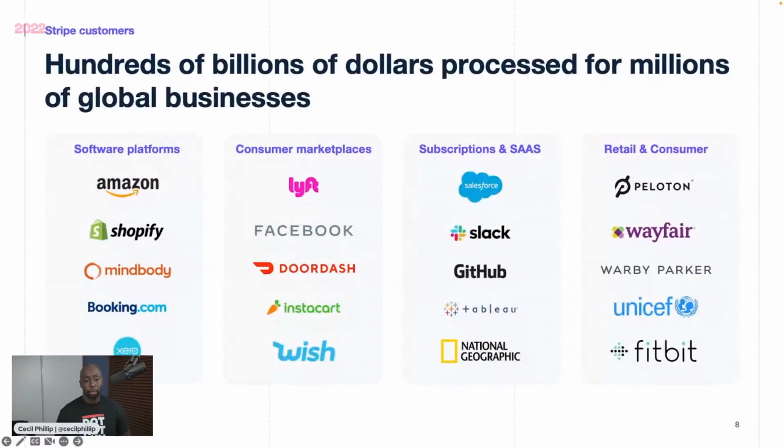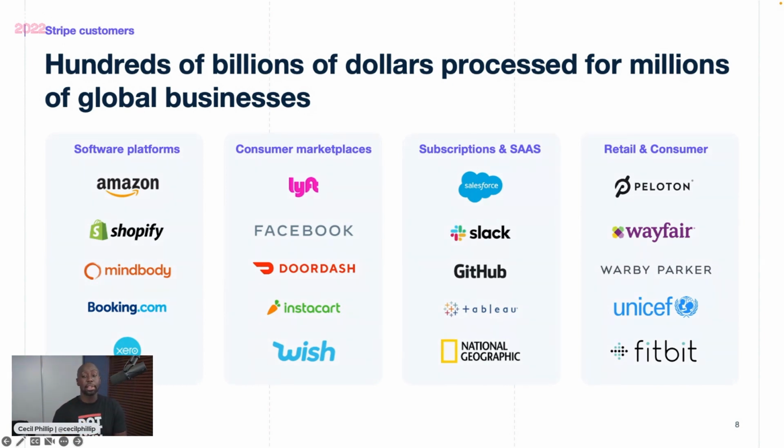application. Now, a lot of folks care about this type of stuff, like who are the types of folks that are using Stripe, right? So again, if you have maybe a software platform business, you think about folks like Amazon and Shopify and Booking.com, for instance, or even things like marketplaces, right? You can imagine something like a Lyft or Uber Eats, right? Where you pay one person and then that money is paid out to other folks on the back end of it, right? We think about those as marketplace experiences, right?